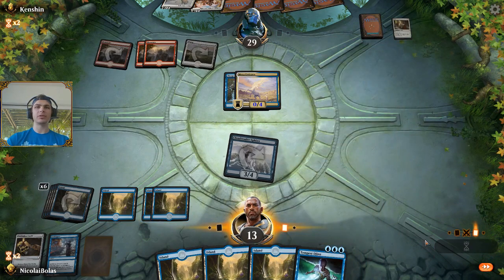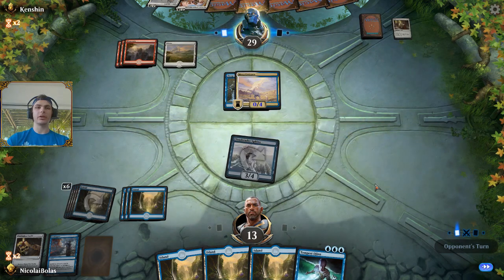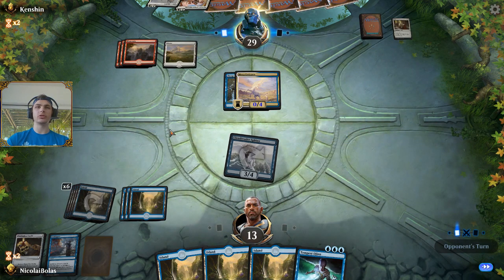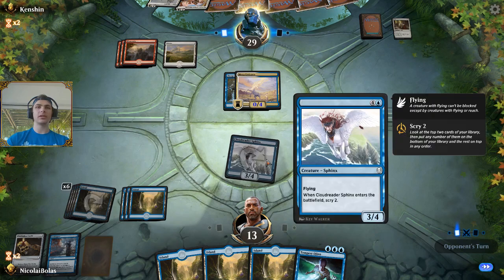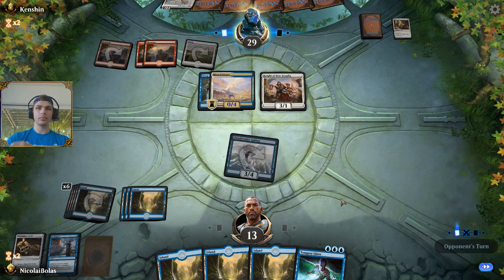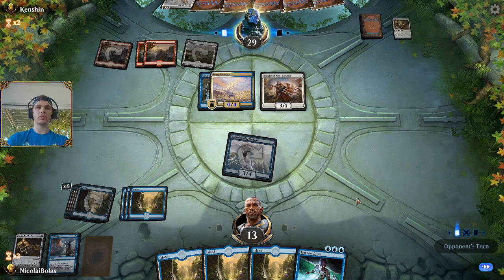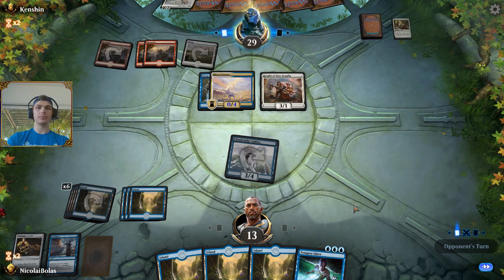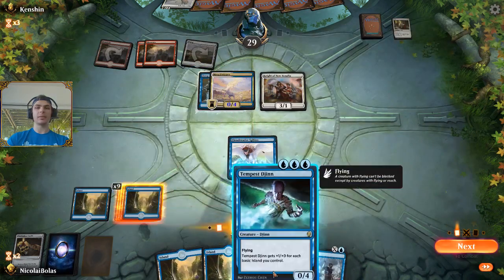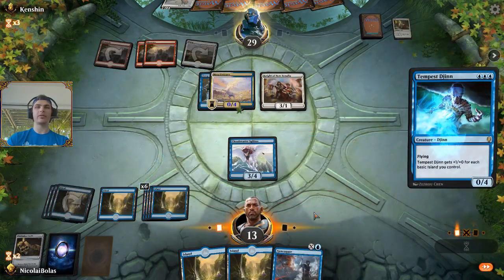I want to have Syncopate up to protect it, because Tempest Djinn is actually really important here, and just getting it killed by something seems a little bit loose. Granted, they can still kill Cloud Eater things, but Tempest Djinn's going to have 10 power here. So, a 10-4 flyer is something that's worth protecting. Look how much damage we save by stopping that thing. It's also going to be a 12-powered flyer eventually, so...